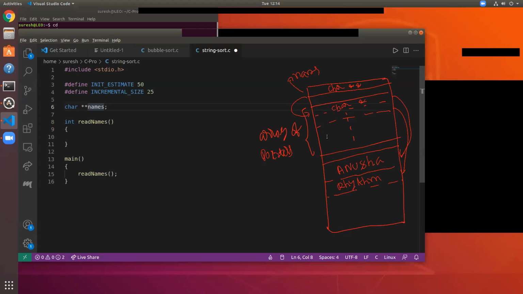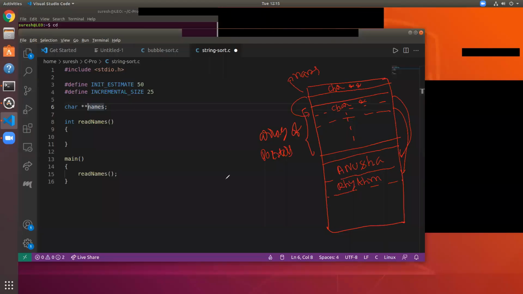we don't know the size of this array of pointers. So initially we will estimate 50 elements, and then later we want to increase it to 75, and then later we want to increase it to 100, so on and so forth. And one more thing I would like you to understand here is there's a very close relationship between